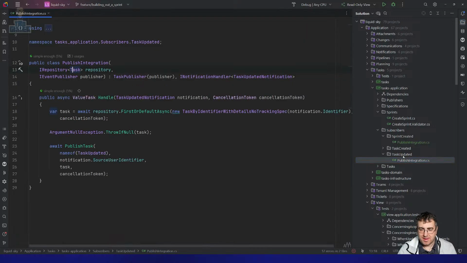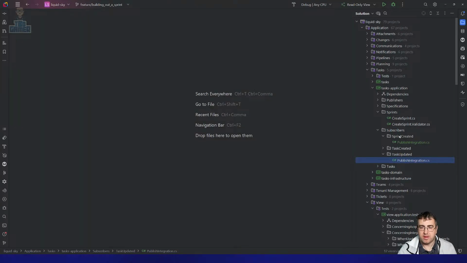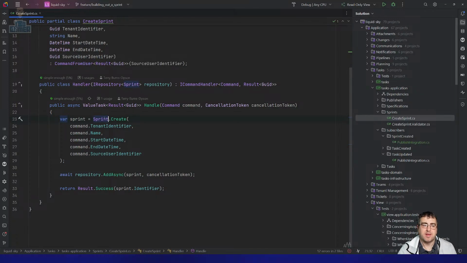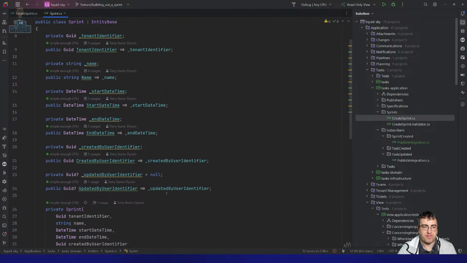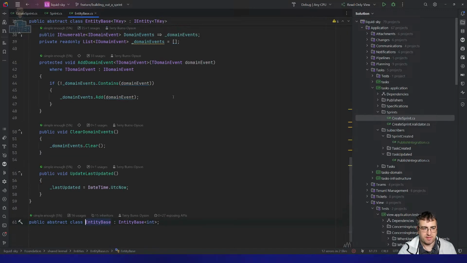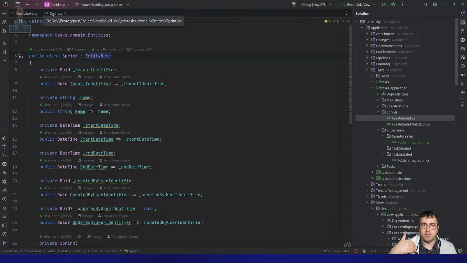So yeah, that's why. In my system, when I change an entity, I have a domain event that triggers in the background. That is stored on the object. The object actually has a list of domain events stored in it, right? And then when it's committed to the database, the